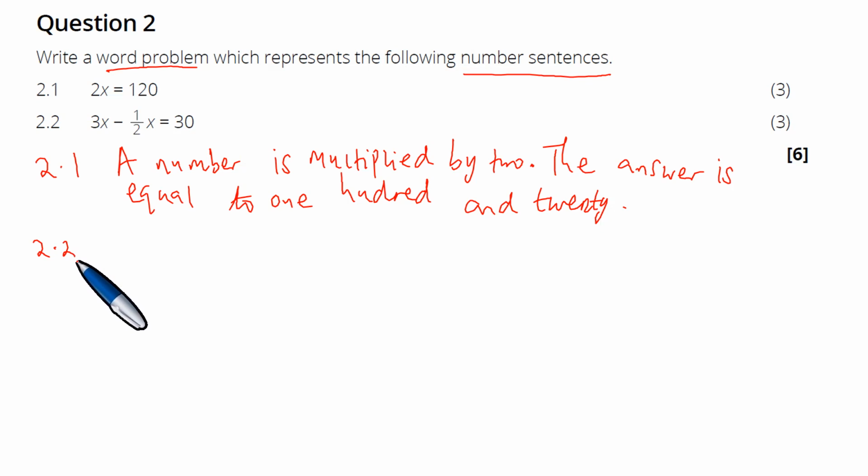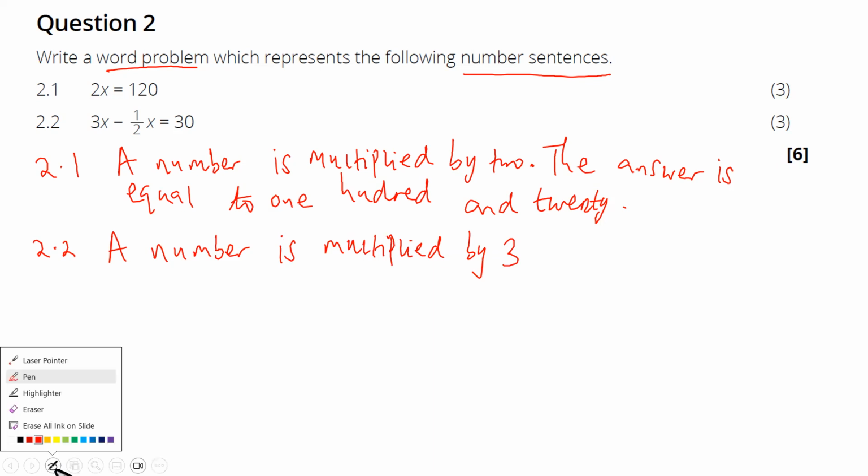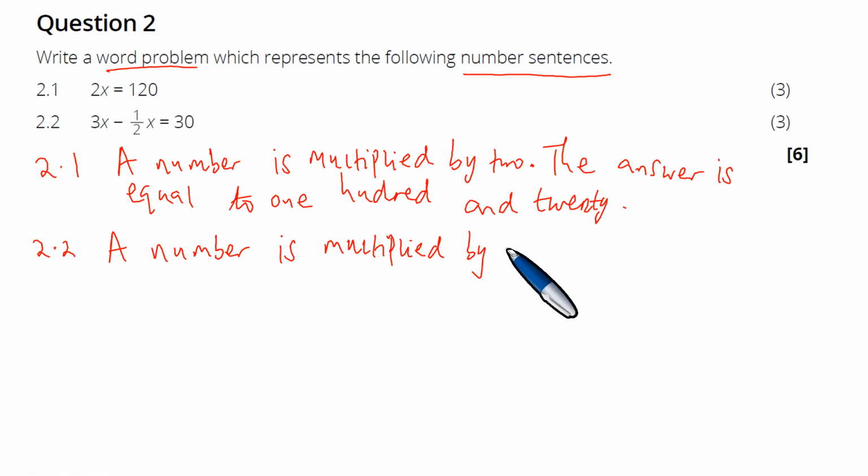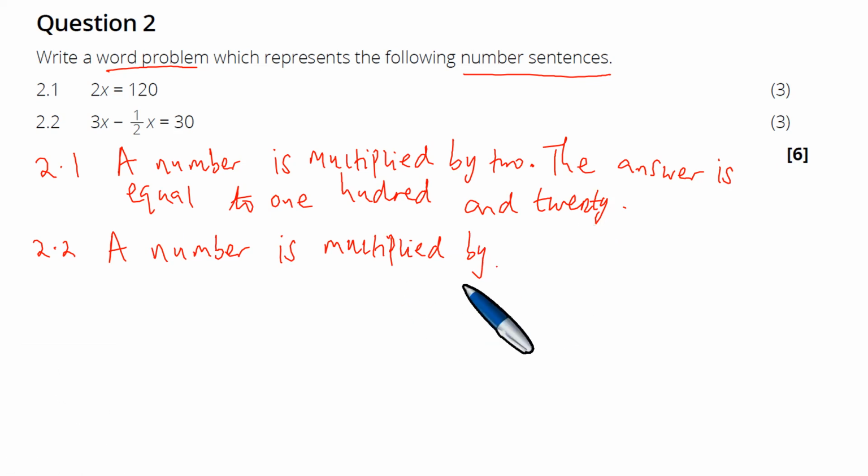What do you think? A number is multiplied by 3 minus 1/2. Yes. Okay. Yeah, you're on track. Well done. Congratulations. Right. A number is multiplied by 3. So you can even put the 3 in words because just to make sure you have words here. So a number is multiplied by 3